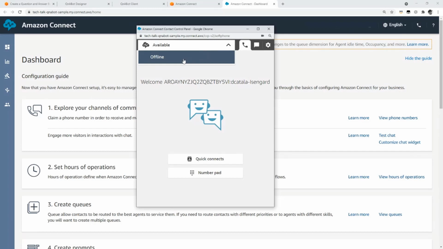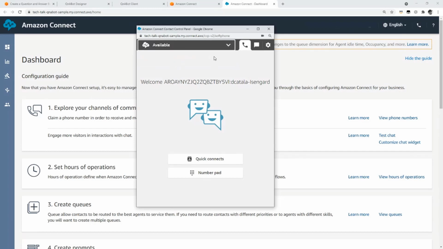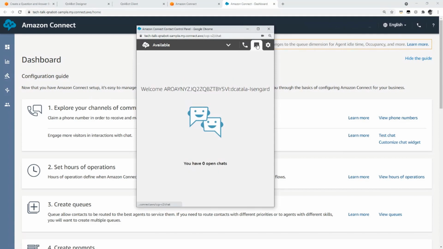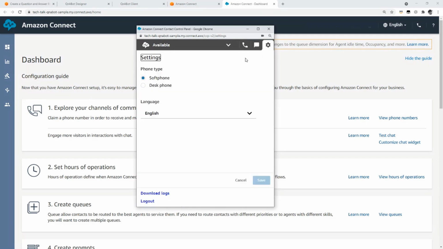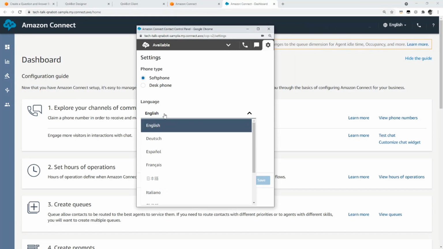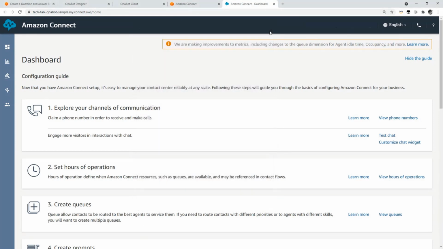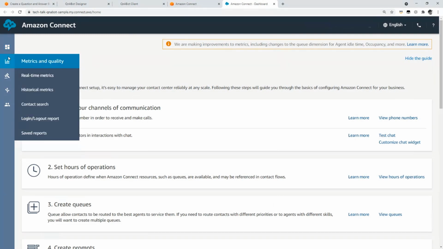They can do things like change their status. Of course, you can create customized statuses if you want. They can make outbound calls if you enable that. They can tab over to the chat channel for any ongoing chats. They can also change different settings, whether that's their phone type, language preference, as well as log out at the end of the day. On the left-hand side, we have our primary navigation menu, where we can go through things